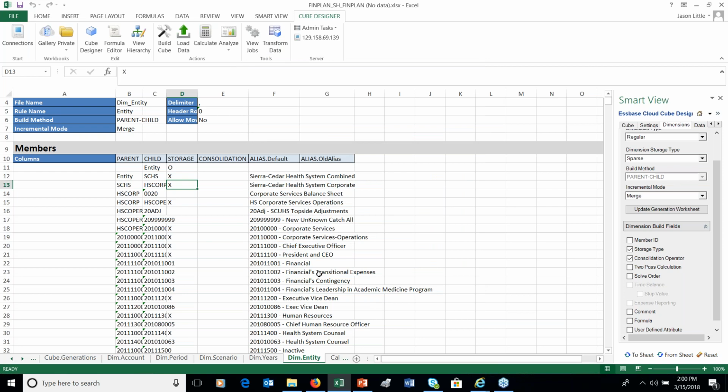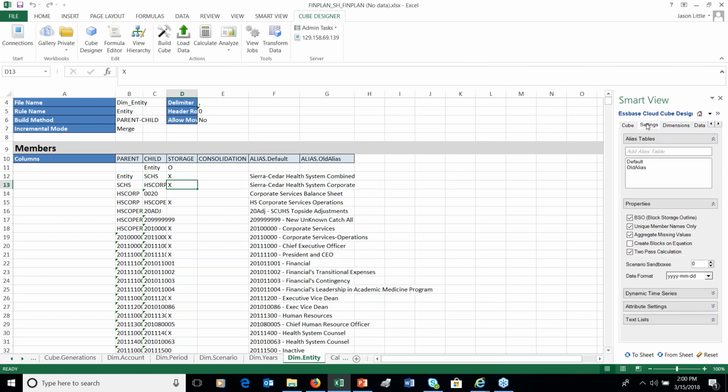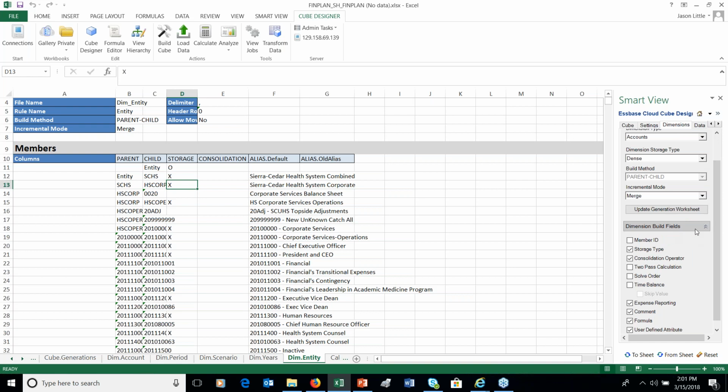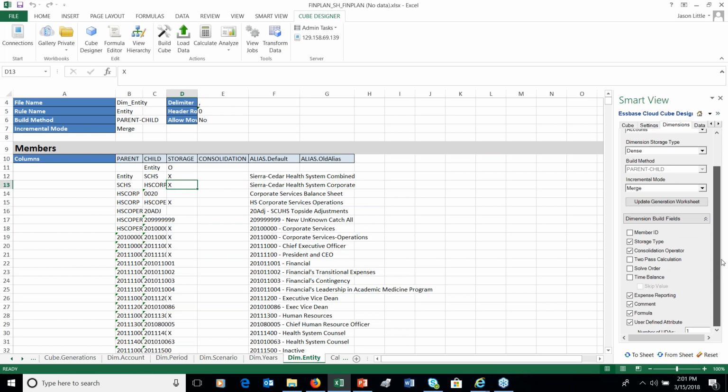So you're able to actually administrate your dimensions from right here as well, make changes and reload it to the cloud. You also have all of your cube settings over here. So you have your settings, whether it's block storage. Remember, by default, it's aggregate. It uses the hybrid mode by default. So we'll talk more about that in the next session. But you have all your standard properties here of setting aggregate missing values, create blocks on equation, typical, dimension build properties and consolidation properties and